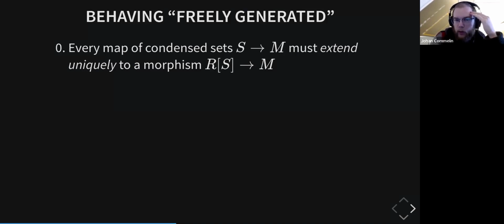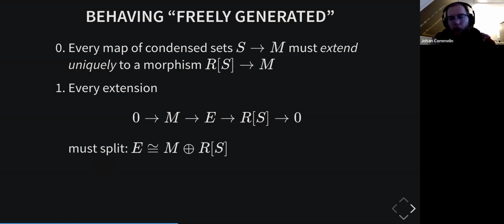So M is going to be one of these complete modules that we just generated. We built this category by taking all limits and co-limits, etc. And M is going to be one of those objects. Whenever we have a map from S to M, it needs to extend uniquely to a map from RS to M. But also, whenever you have an extension,